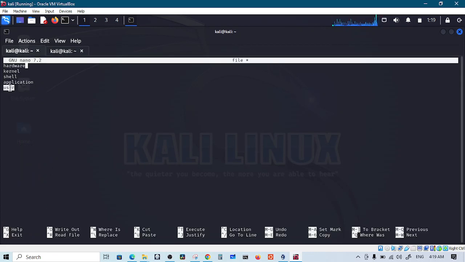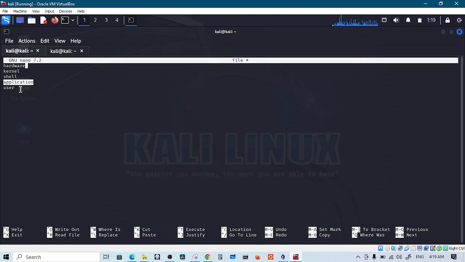So finally, you have the user, which is you, me, anyone who is using this application, because the way you interact with your operating system is through applications, whether you are using user interface based applications or text based applications, it doesn't matter. You interact through applications. So